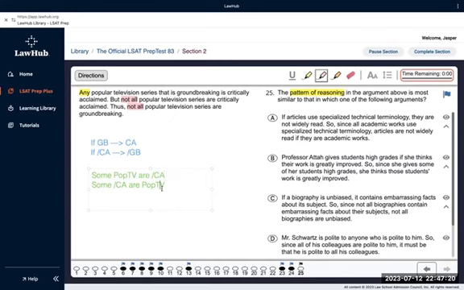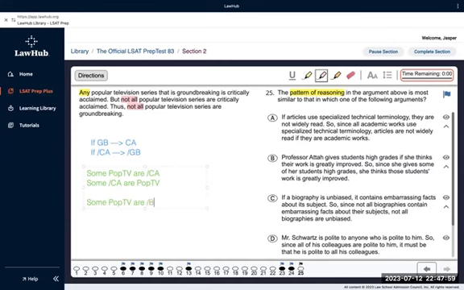So that is not the contrapositive, because a statement that starts with some is not a conditional statement, right? Notice I don't have an arrow here. I'm not using the word if. This is not conditional. This is about quantity. So if we look at all of the popular TV series, we will find at least a few, right? At least, more than one that's not critically acclaimed. Okay. And then the conclusion is some popular TV series are